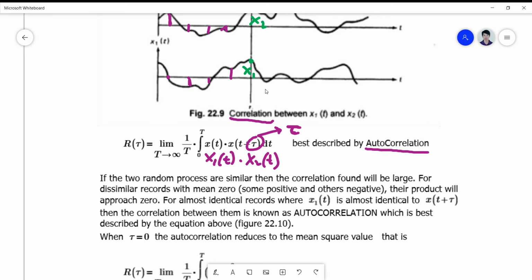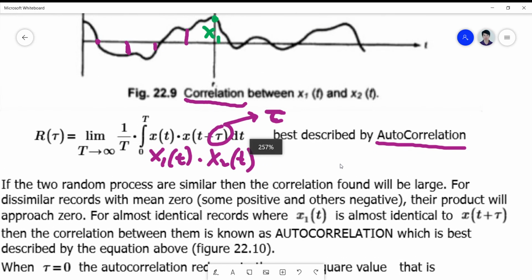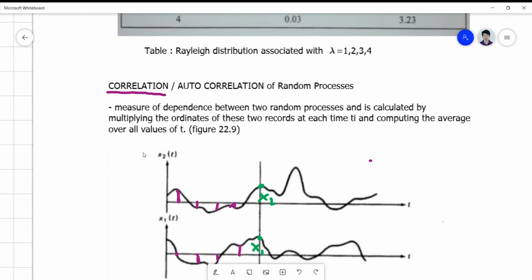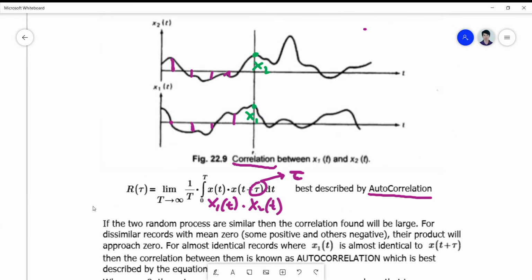So lagging and leading is just the opposite of one another depending upon your point of reference, no? You are leading if you are referring to the other person, but he is lagging behind if you are referring to yourself. Okay, so which actually guarantees you a much better representation of your correlation, and this is what you call an autocorrelation. Okay, so take note of the two. They are just actually the same, but they are different in the sense that you want to capture a more